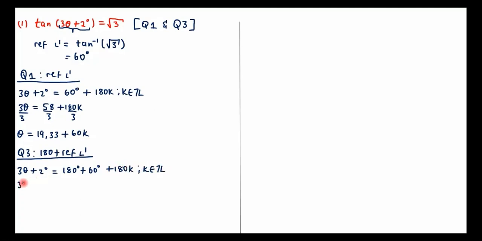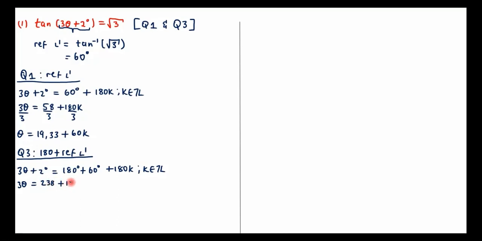Then 3 theta is equal to 180 plus 60, which is 240. But when I move the 2 over, it becomes minus 2. So 240 minus 2 becomes